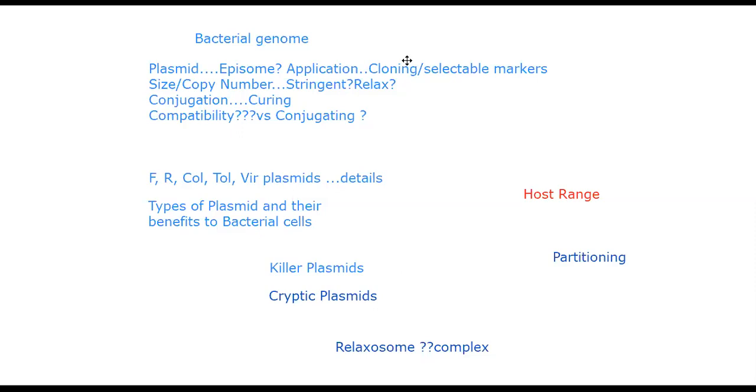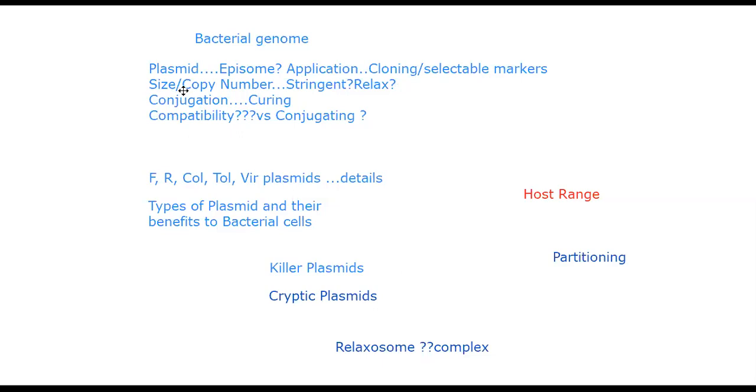For example, plasmids carrying resistance to drugs, for example ampicillin, tetracycline. Some of the bacteria are very resistant to these drugs because they have genes which make them resistant to these specific antibiotics. So, for example, these R plasmids, resistance plasmids, have genes which help bacteria survive when the bacterial cells are treated with some antibiotic. So they are used as selectable markers.